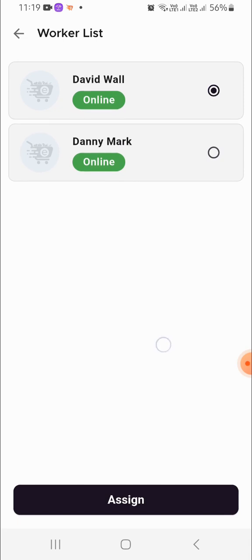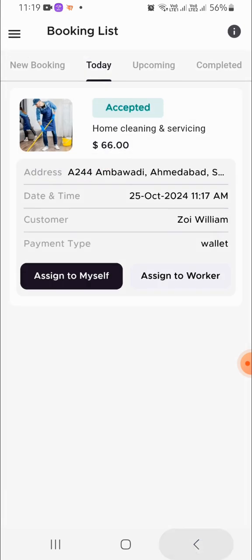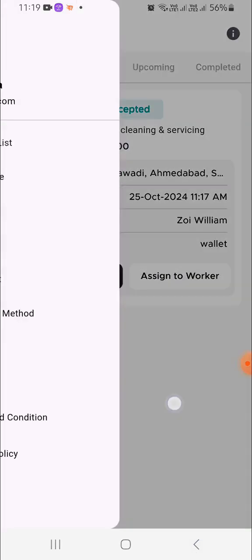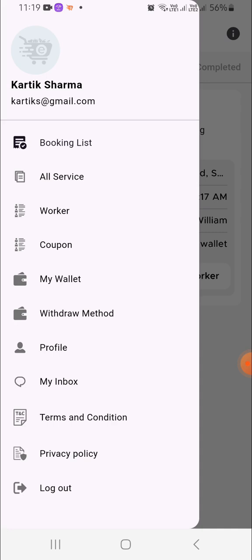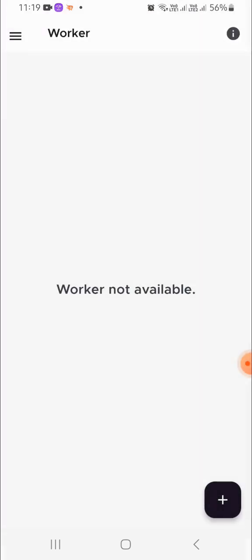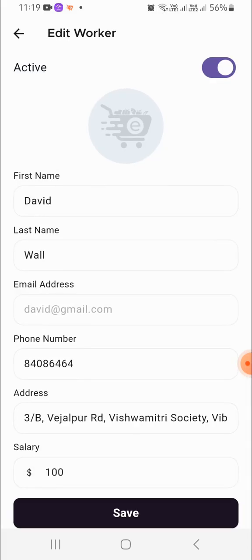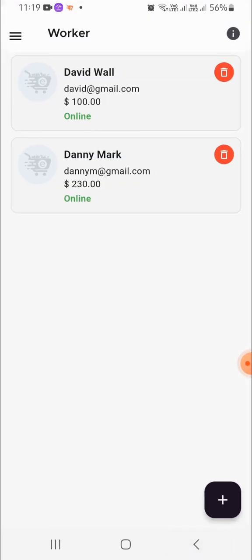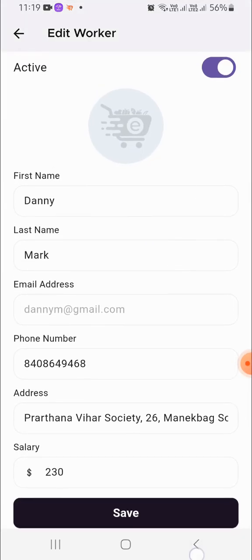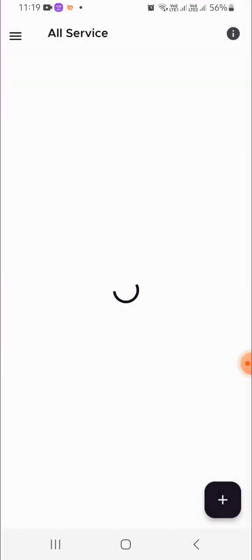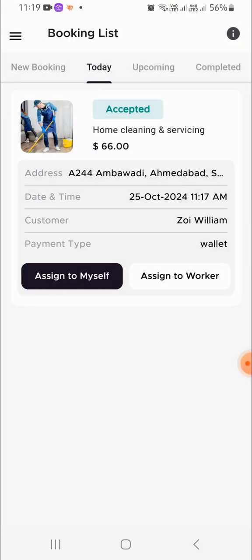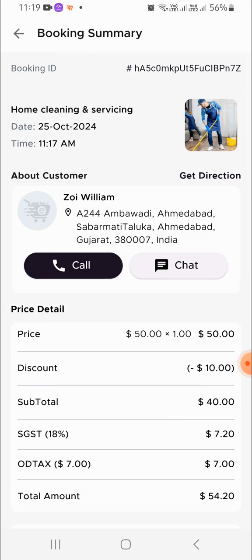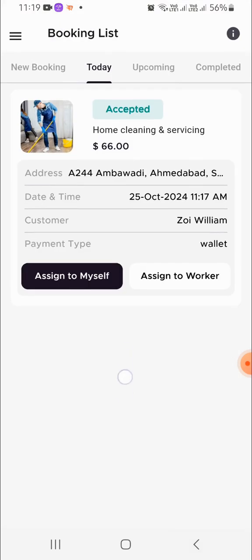So I have created these 2 workers from this provider app. Go to the side menu, click on the worker menu. So here I have already created these providers. So as of now I am clicking on assign to myself.